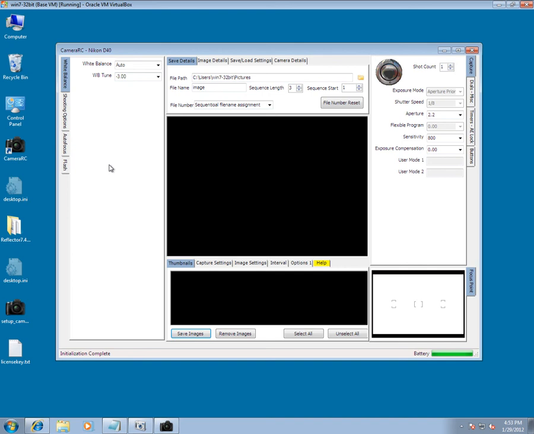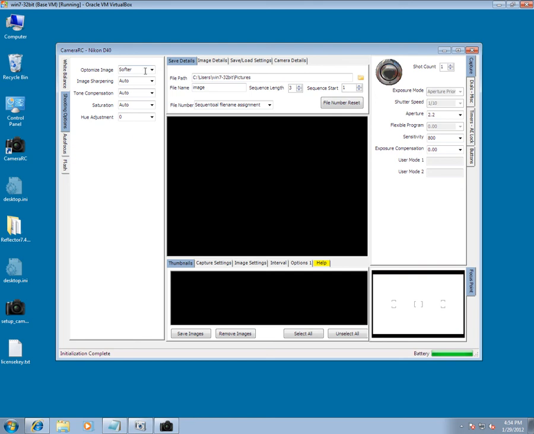On the white balance, you can set what white balance you want to use. And you can set a fine tune associated with that. That's about it for white balance. The equivalent to picture controls on the D40 and some of the earlier model cameras is shooting options. As you can see here,